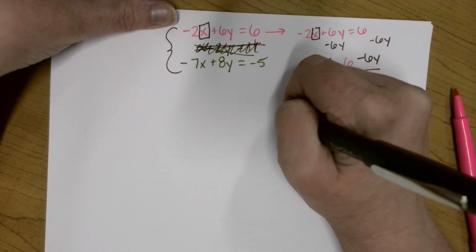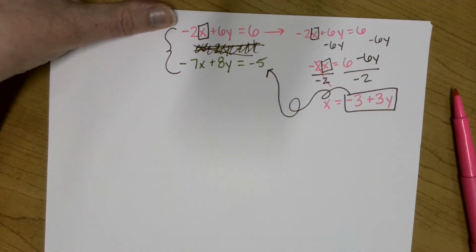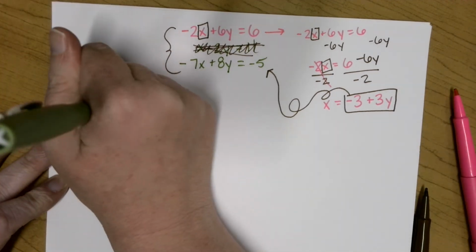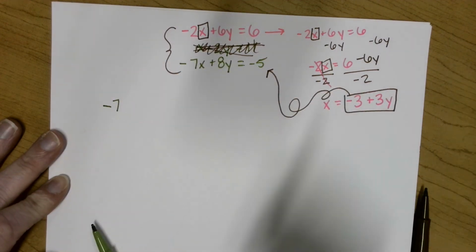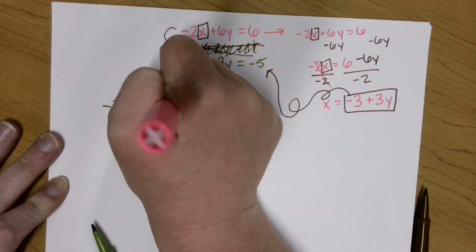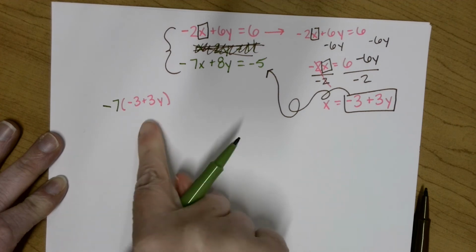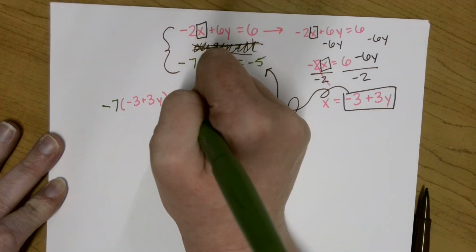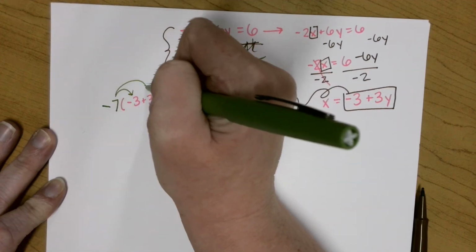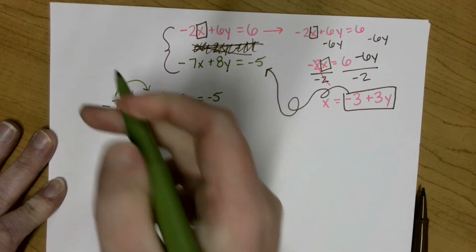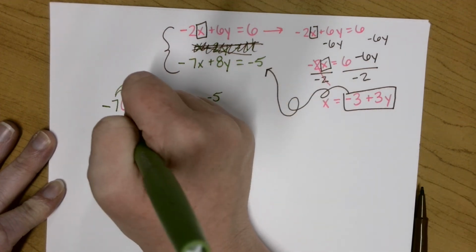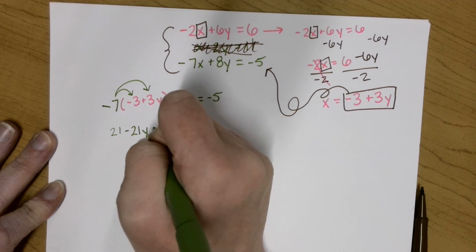We're going to take it and plug it into the green equation. We'll plug it in for x here, so we'll plug it in right here. Okay, so over here, I've got -6 instead of x. I'm going to plug in -3 plus 3y, because that's what x is equal to. Then plus 8y equals -5. Okay, distribute the -7. -7 times -3 is going to be +21. -7 times +3 is going to be -21y. Then we have this plus 8y